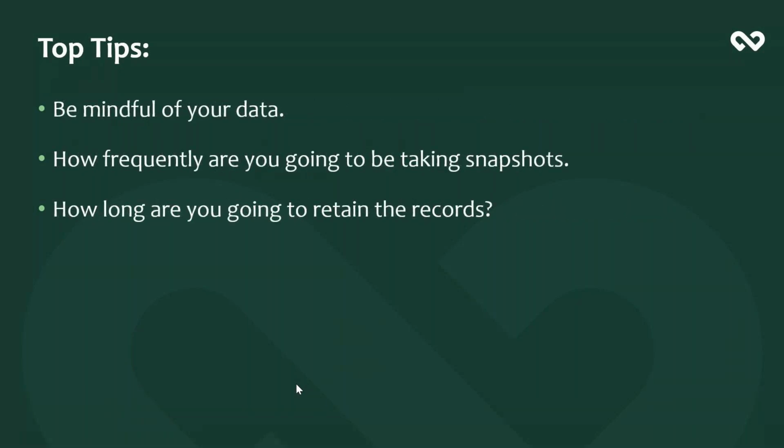Next top tip, be mindful of your data. In this day and age, data isn't free. I don't think it's ever been free, but anyway. So say if I was taking a snapshot of my entire opportunity pipeline and there were 3,000 opportunities, every day I'm creating 3,000 new records. By the end of the year, I've created over 1 million records,